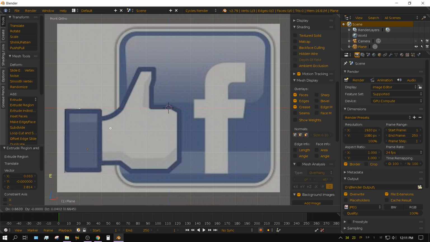E for extrude, drag it to this corner, left click to drop. E for extrude, drag it to here, left click to drop. E for extrude, and then just do that all the way around the object. And it doesn't have to be perfect, but the more time you spend on it, obviously the better it's going to look. Now I'm kind of rushing through this, being that this is a tutorial,